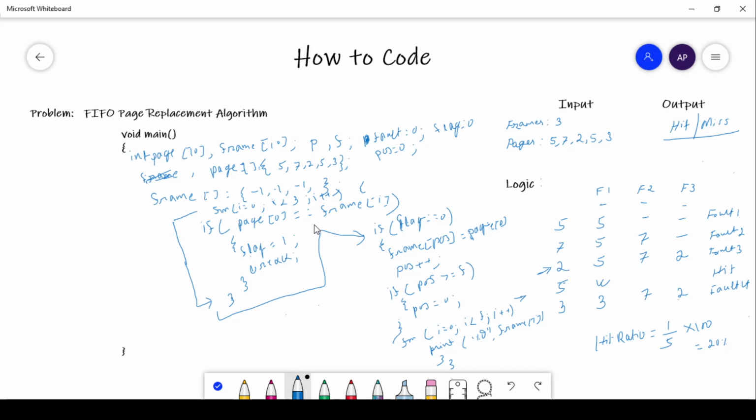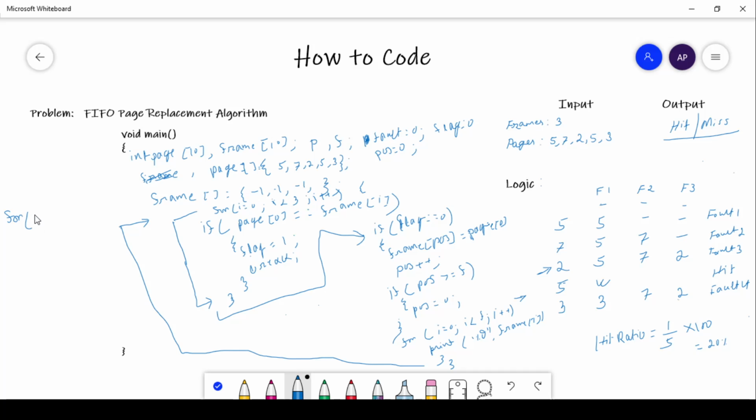Now here we are doing this logic for only one page. Now we have to do it for all the pages. So let's copy this entire procedure. This is only for one page, and we have to rotate this for the number of pages. So here we have to include another for loop, so that it will do it for all the pages.